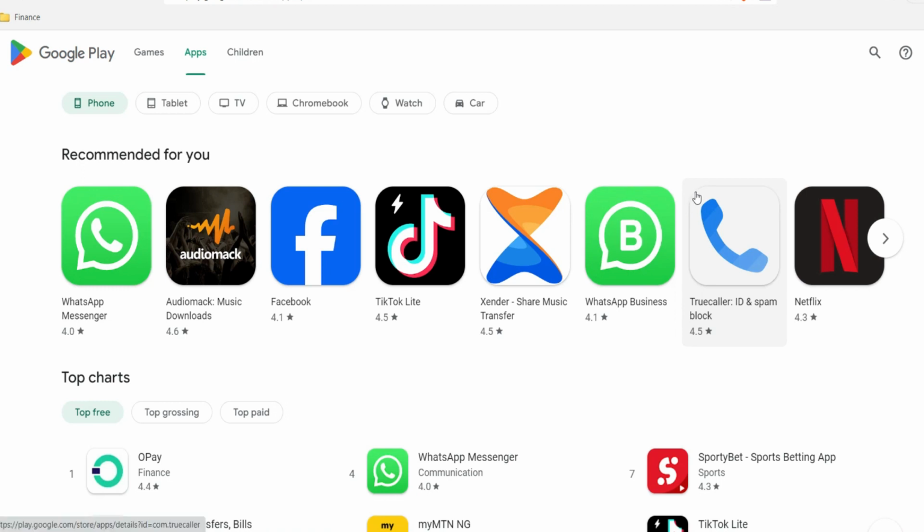So I'll just walk you through some top loan apps according to Google Play Store, so you can understand, because these are the loan apps that people are literally using to borrow money in Nigeria today on Google Play Store. And some of them are also available on Apple App Store. So this is for you if you are very much interested in borrowing money using your Android device.